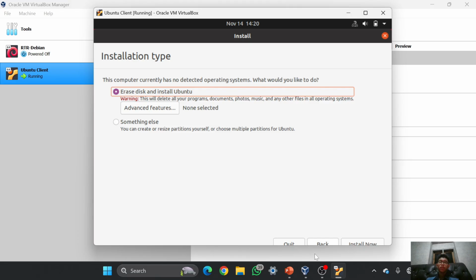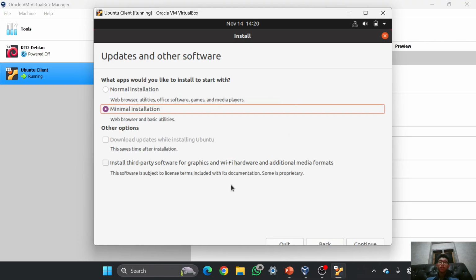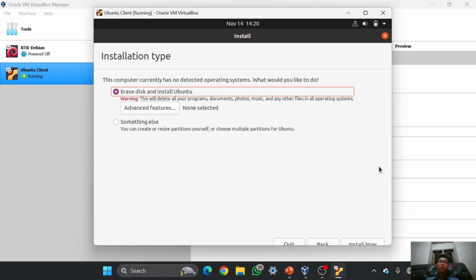Wait, I think I've missed something. Wait, I will go back. Oh, never mind. I will continue again. In here I'm using erase disk because this VM has only one hard disk, which is the 15 GB one, and I think I will just install now.